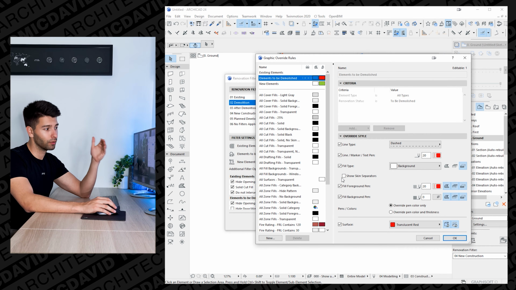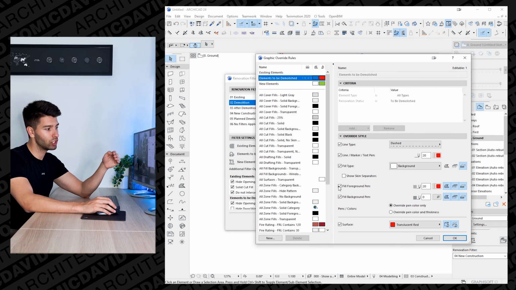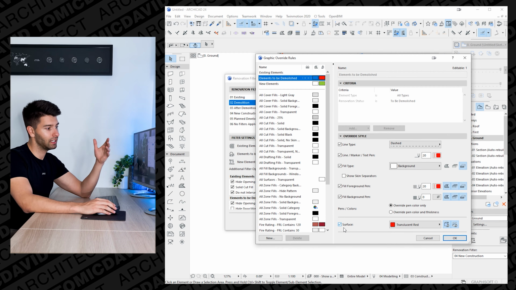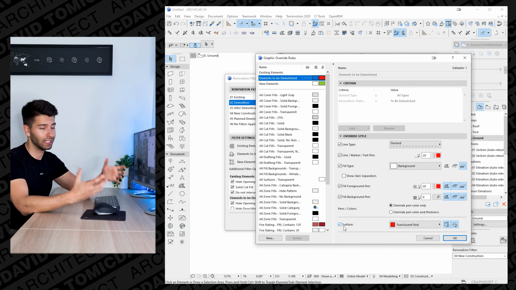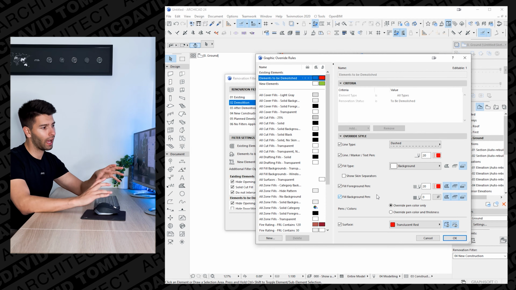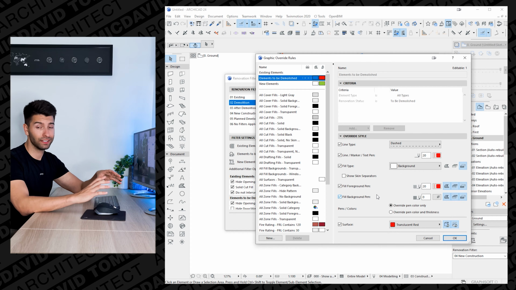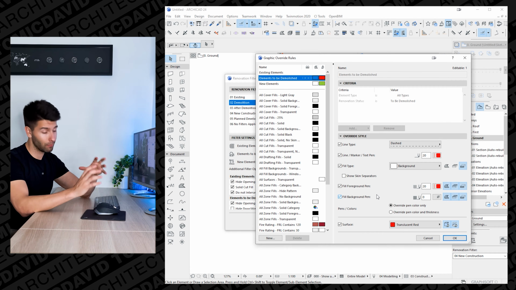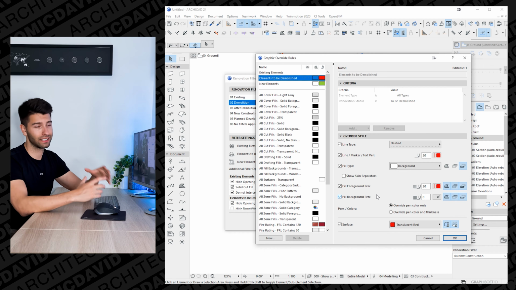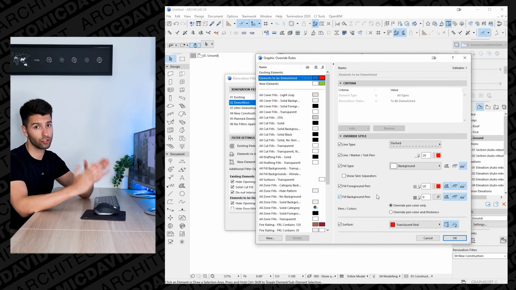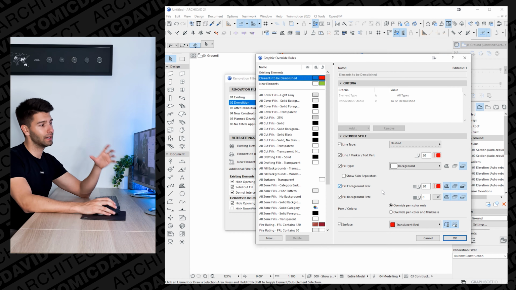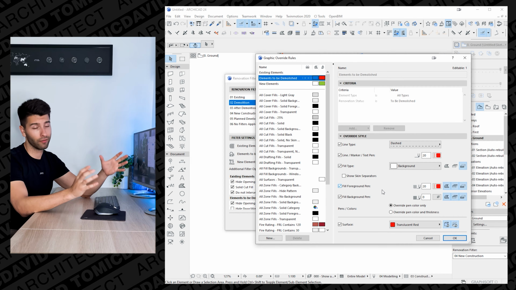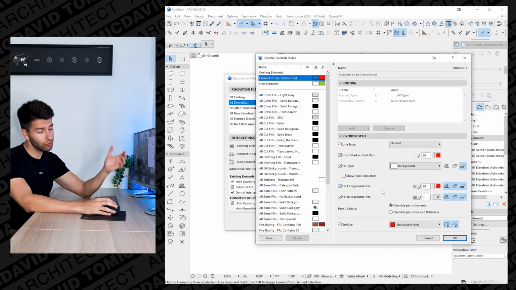White fill background, so it's clear, and it continues to change all the fill pens as well. So if you have a floor hatch, it goes red. If you have a surface, it goes red, so you can see it in 3D as well. These settings are actually really, really good, and I don't have a tendency to change them whatsoever for demolition. Red dashed lines are, in my opinion at least, a universally accepted demolition layer structure. So if you do like demolition to be clean, recognizable most places around the world, feel free to correct me if I'm wrong, but red dashed lines usually means